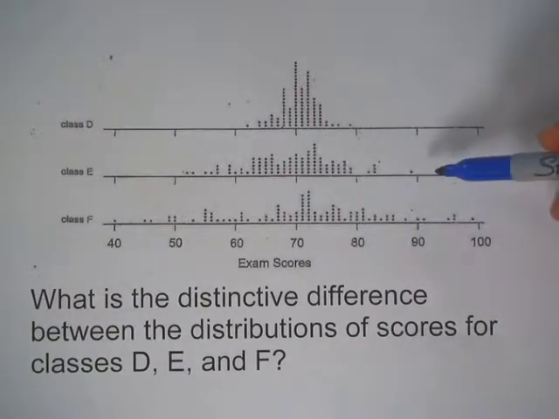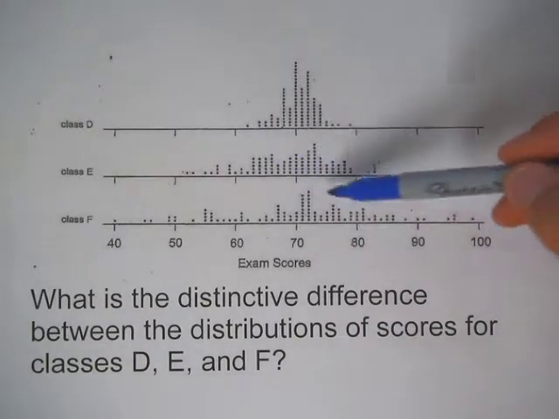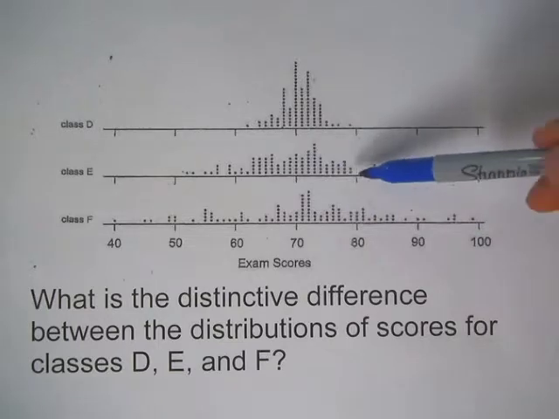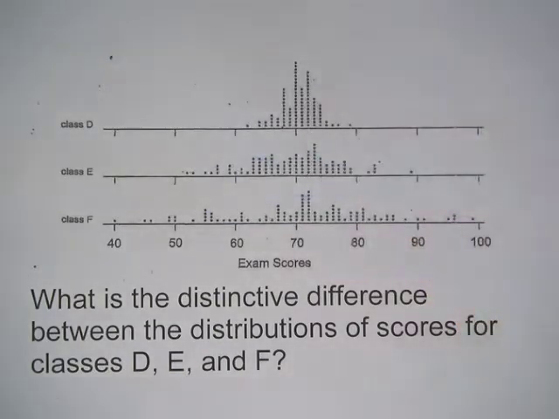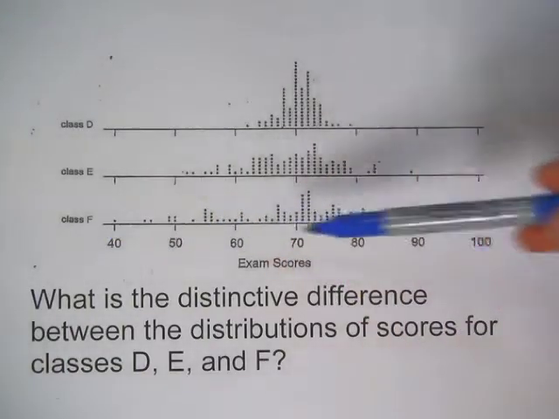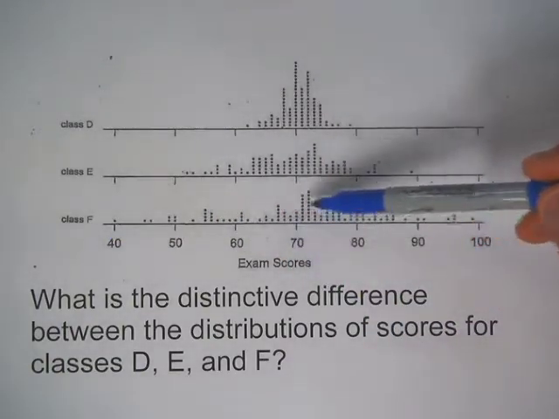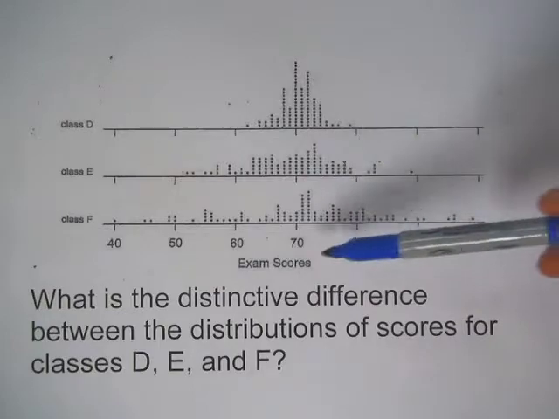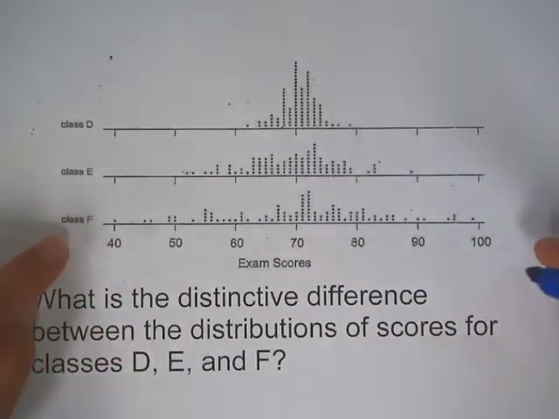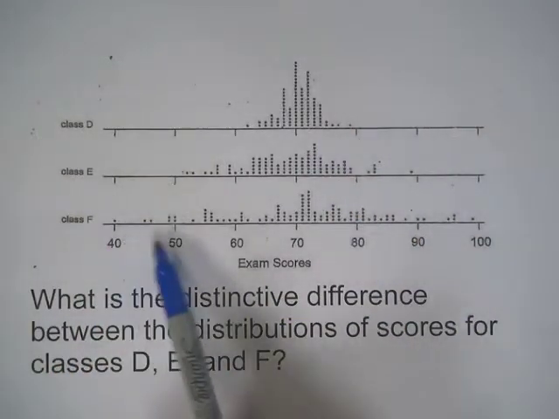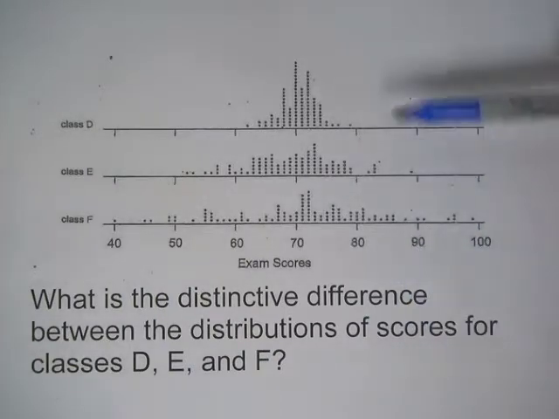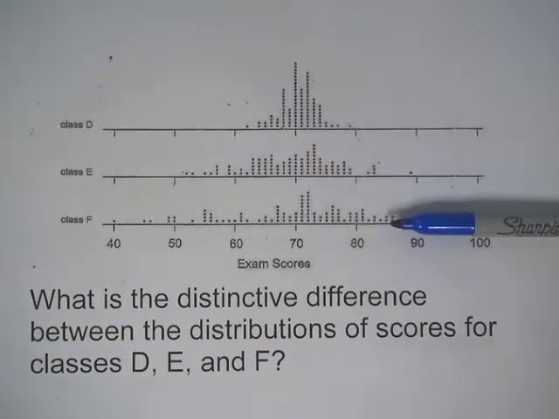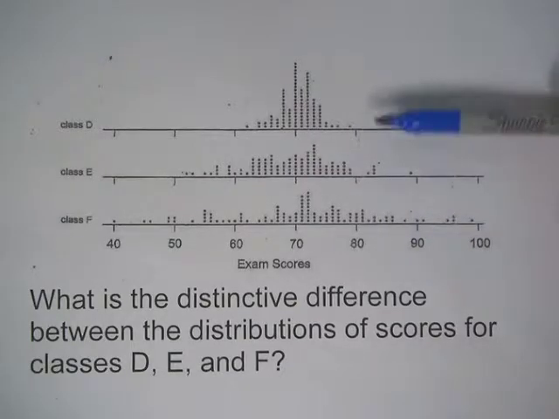Now if we go to E, most of the data is still clustered in this region, but now we can see that there's a few over here in the 80s, and also a few down here in the 50s. Then Class F, again, has a lot of students in this 60 to 80 range, but now we can see that they're really getting spread out. We've got some students down here in the 40s, and also some students here in the 90s. I would say the center of these three distributions is about the same, but now the distinctive difference is